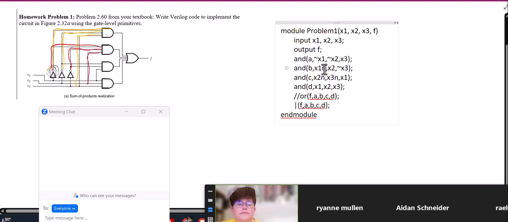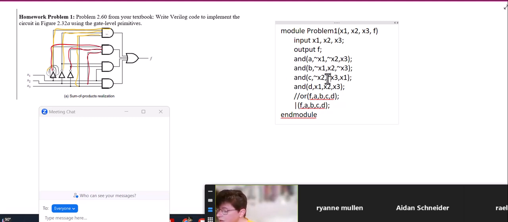Yeah. And it has exactly the same effect. It does exactly the same thing. It's a little quicker to write, but it does exactly the same. So this is also using gate level primitives. So that little tilde there also stands for a NOT gate. Okay,